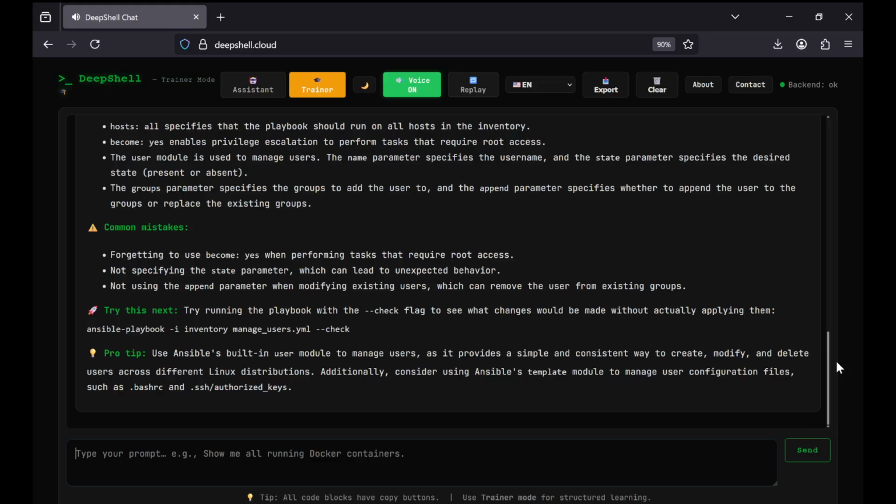Try this next. Try running the playbook with the check flag to see what changes would be made without actually applying them. ansible-playbook -i inventory manage_users.yml --check. Pro tip. Use Ansible's built-in user module to manage users, as it provides a simple and consistent way